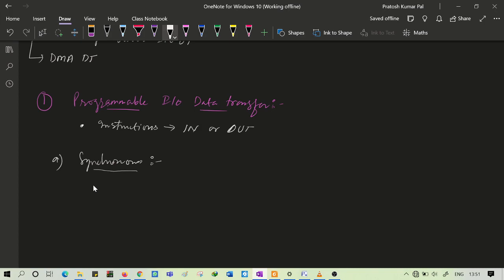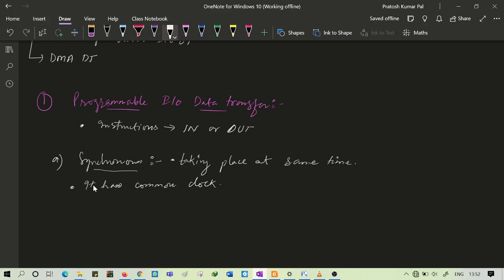So synchronous data transfer will be taking place at the same time, and as it is going to take place at the same time, that means it has a common clock.